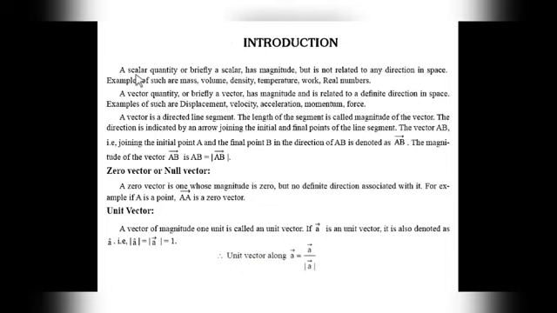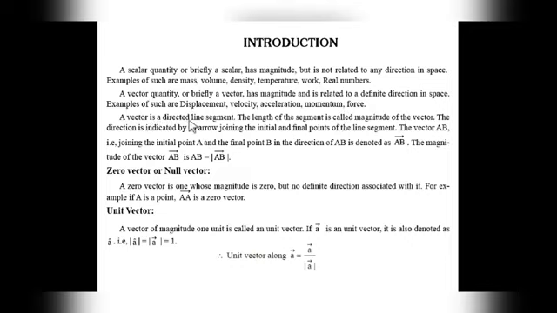We have totally two types of quantities, a scalar and a vector. Scalar quantity has only magnitude but not direction. For example, mass, volume, density, temperature, work, etc. Vector quantity is a quantity which has both magnitude as well as direction. Examples: displacement, velocity, acceleration, moment of the force.